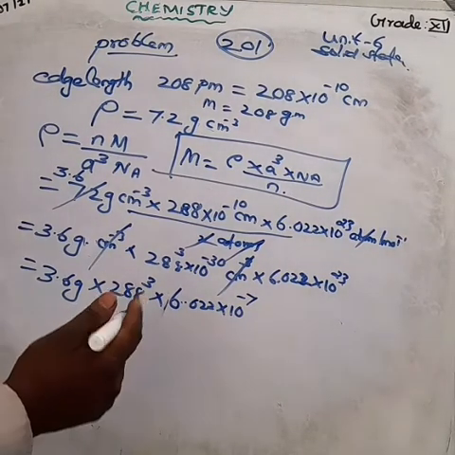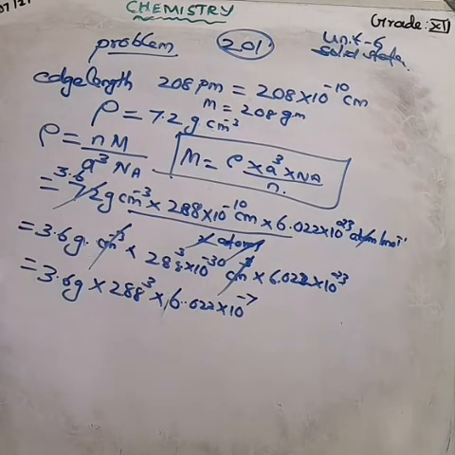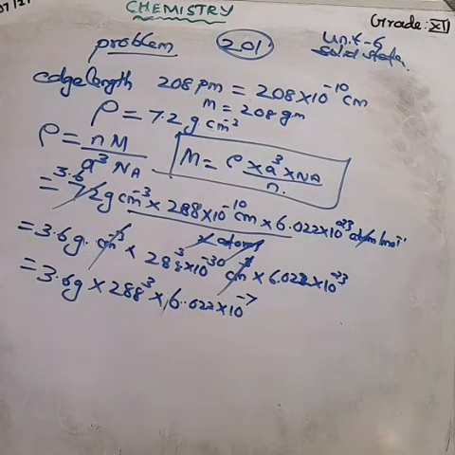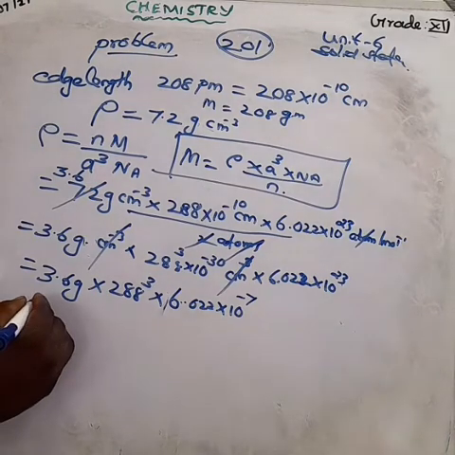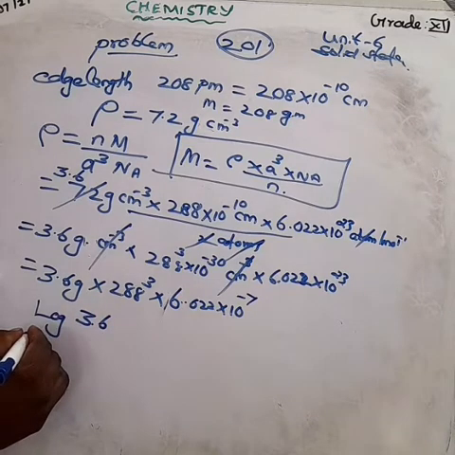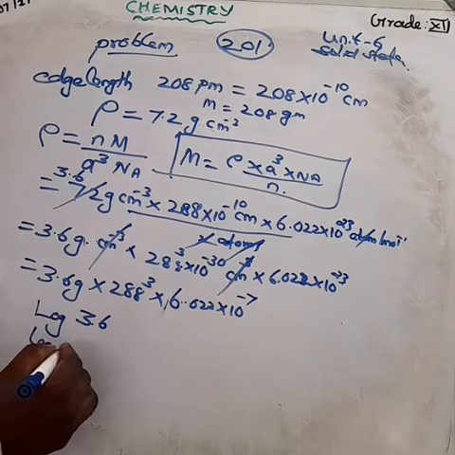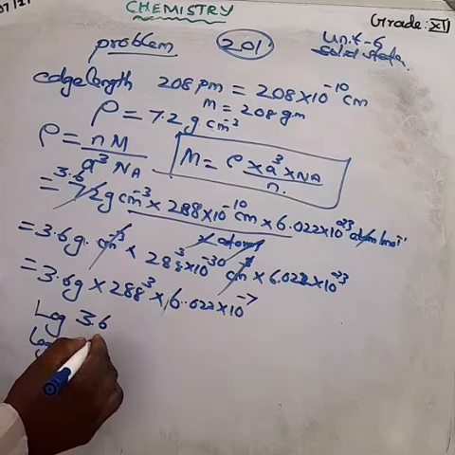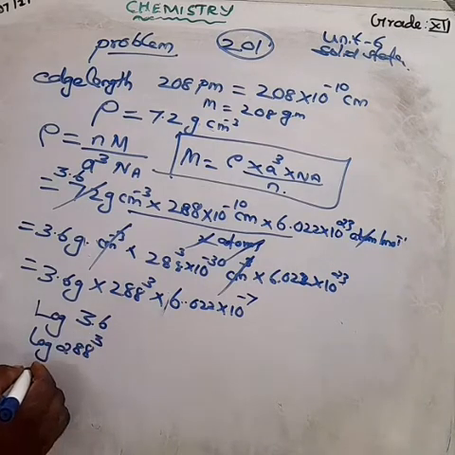So, my dear children, as you wish, you can do the ordinary calculation. Ordinary calculation, how to find out. But I am here using the log. Those who have the log, please take it now. Log of 3.6 means, first you have to take the log of 3.6. Next you take the log of 288 cube. Next we have to take the log of 10 raised to minus 7.